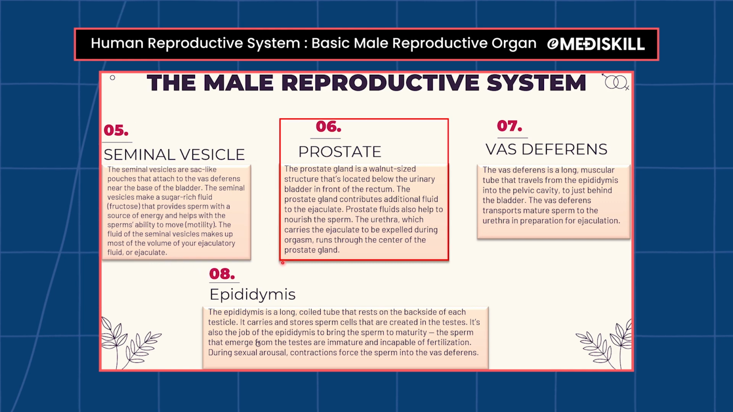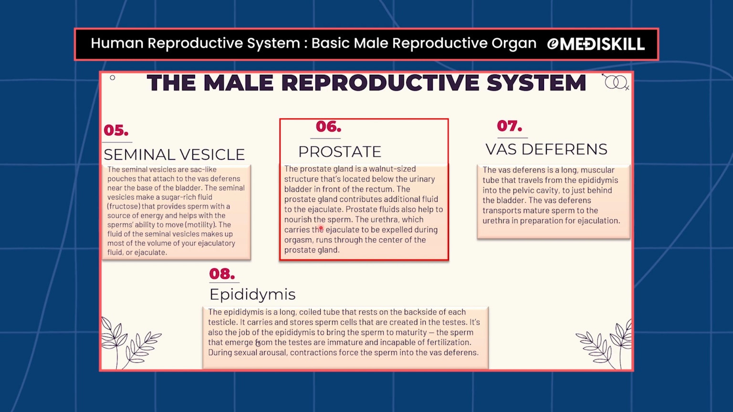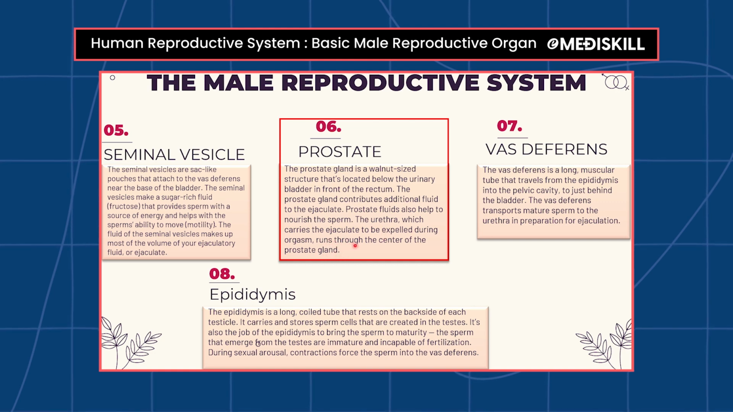Now let's talk about the prostate. The prostate gland is a walnut-sized structure that is located below the urinary bladder, in front of the rectum. The prostate gland contributes additional fluid to the ejaculate. Prostate fluids also help to nourish the sperm. The urethra, which carries the ejaculate to be expelled during orgasm, runs through the center of the